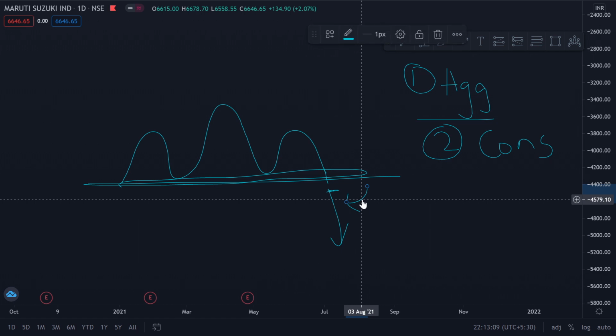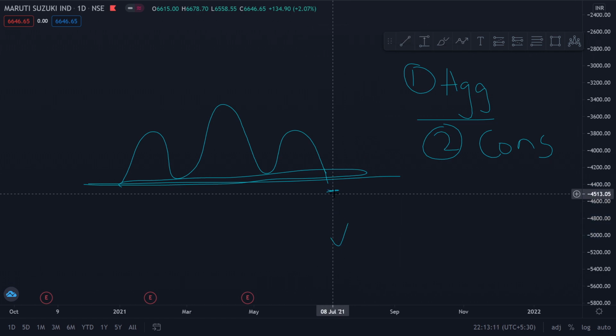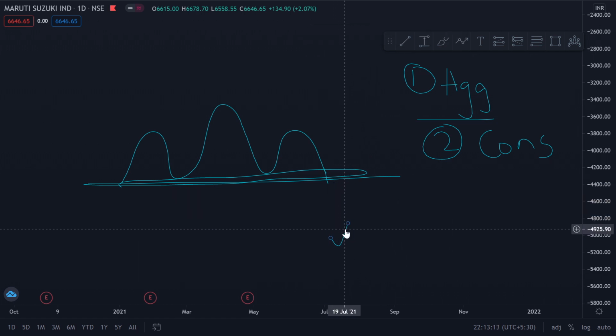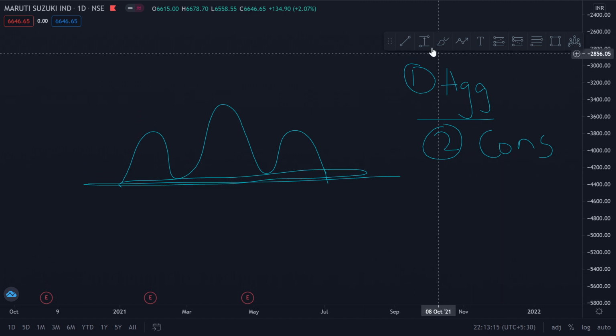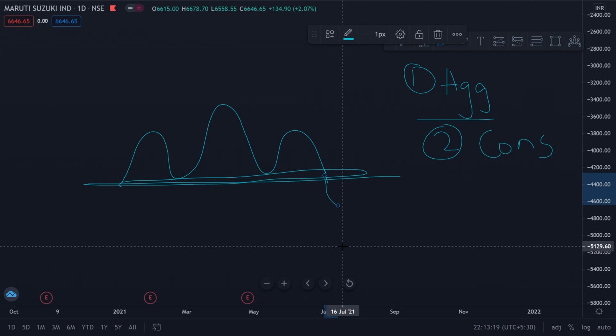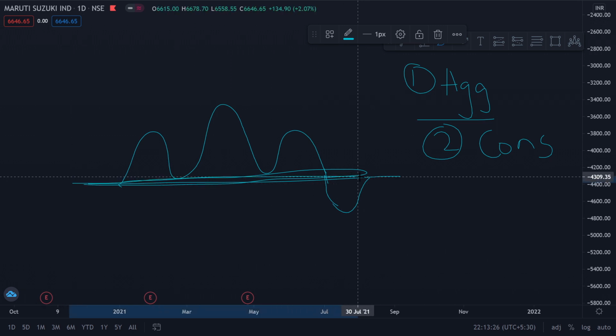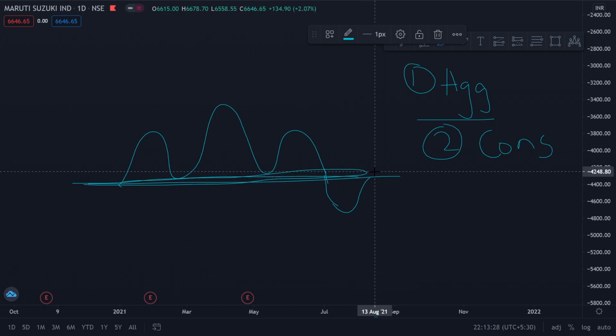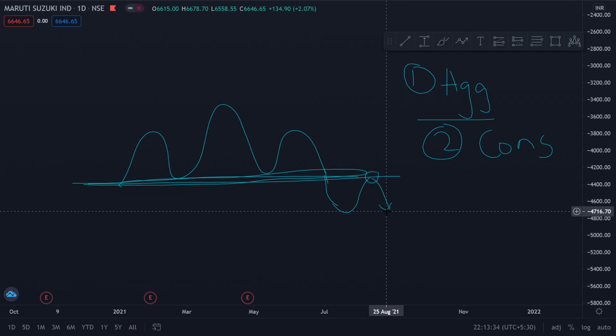That is one entry. Now what is the second approach, which is a more conservative approach? This conservative approach basically is, after it has broken the trend line, you still watch the stock, you do not enter. You wait for a pullback and a retest of this previously broken support level. And when you observe a reversal here after the retest, you then take a short trade, hoping that it goes further down. So what are the advantages and disadvantages of both these methods?